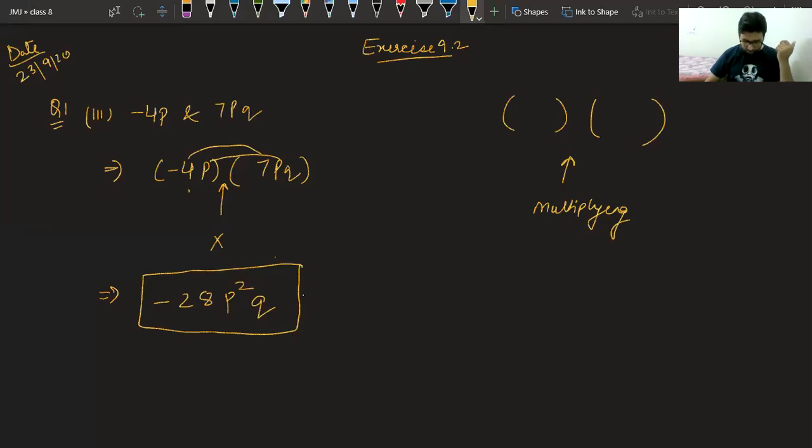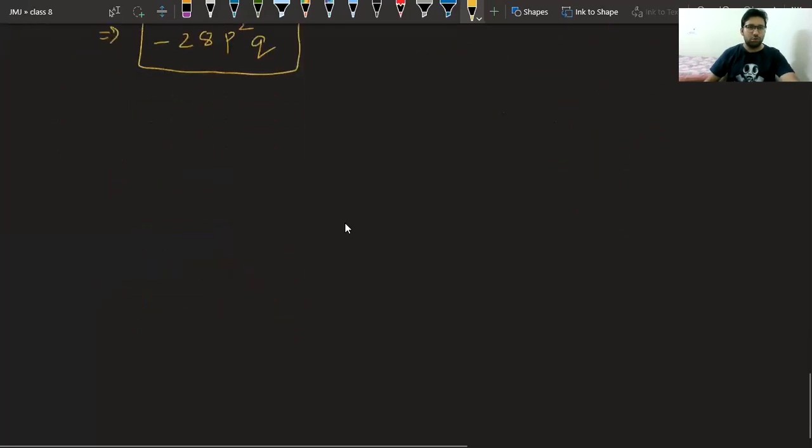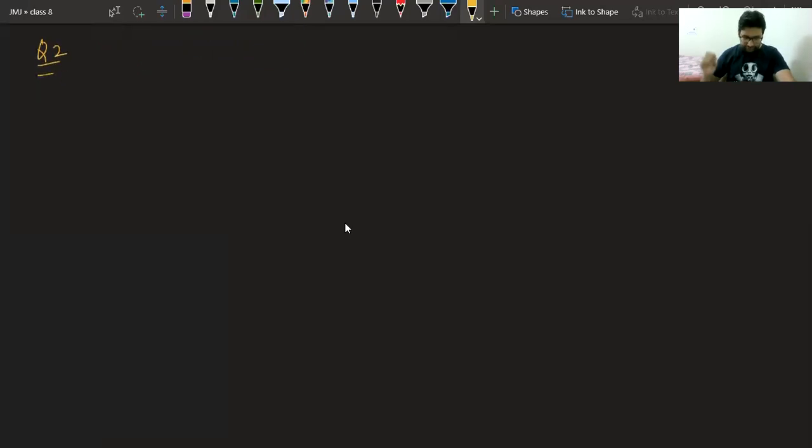They are all very easy. You can try on your own. Let's take question number 2 now. Question number 2. Find the areas of rectangles with the following pairs of monomials as their length and breadth respectively. So in question number 2, they have given you some pairs of length and breadth and they want you to find the area of that particular rectangle. So let me give you one example of this. Let us take the third part in this also.